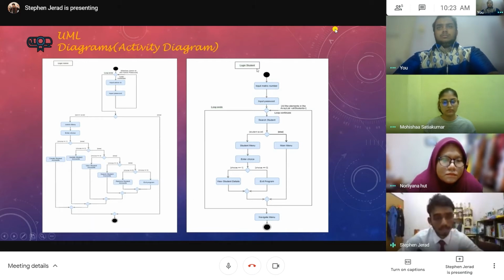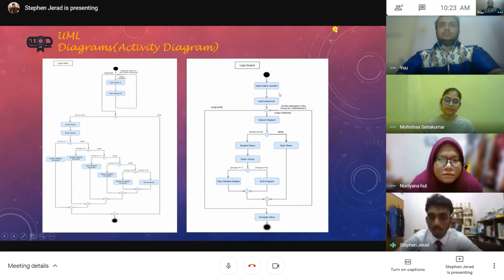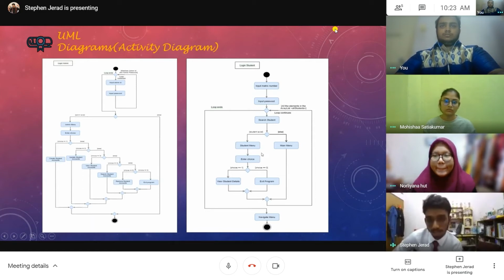And then we look at the student functionality, which is login student. After the login, the student will be asked to enter an input metric number and then input password. So if all the elements in the array list match, it will allow him to continue the loop, and it will search the student with the entered metric number and password. And then if the student exists in the system, it will allow him to go into the student menu, and